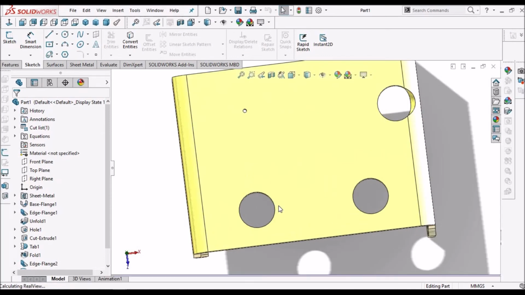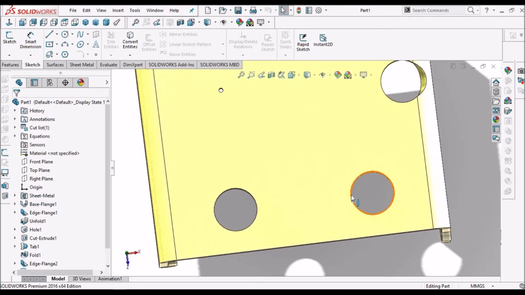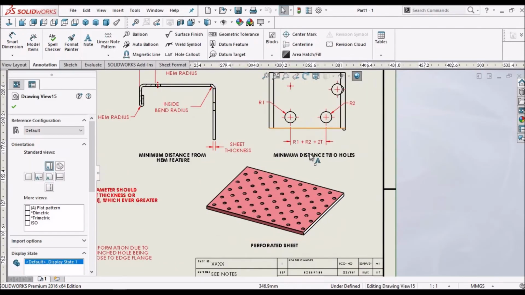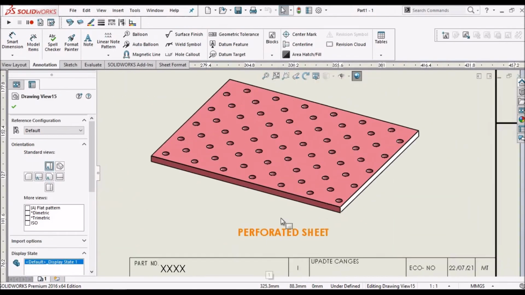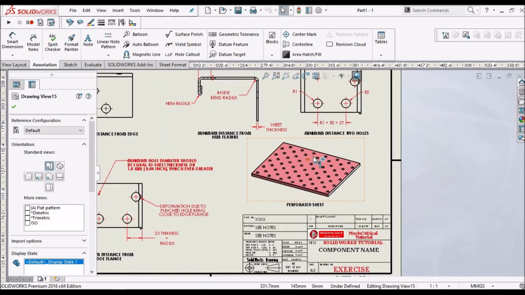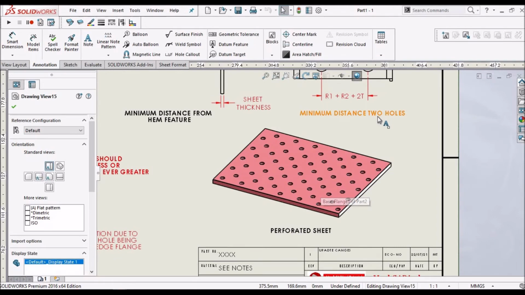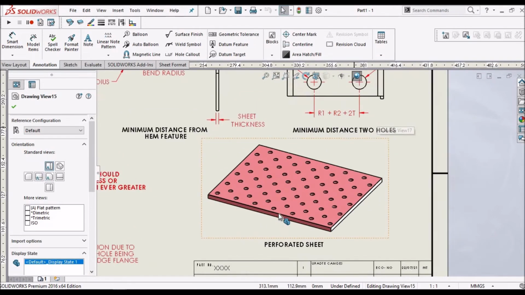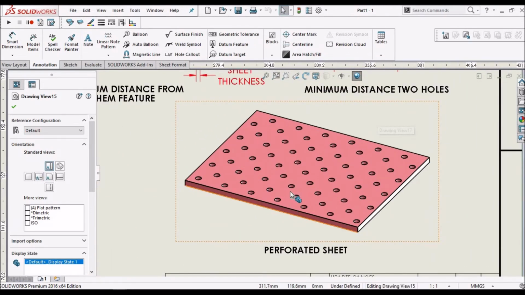See here, the distance between these two holes is very important. Mostly these are applicable for perforated sheets, these kinds of sheets. If we don't maintain the minimum distance, the sheet becomes weak and deforms.